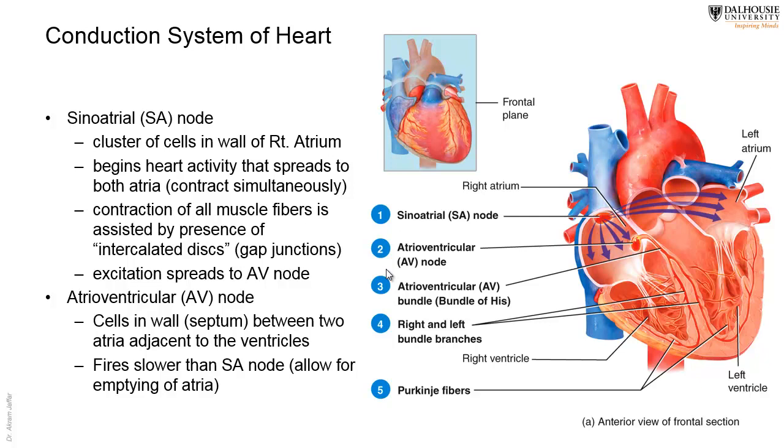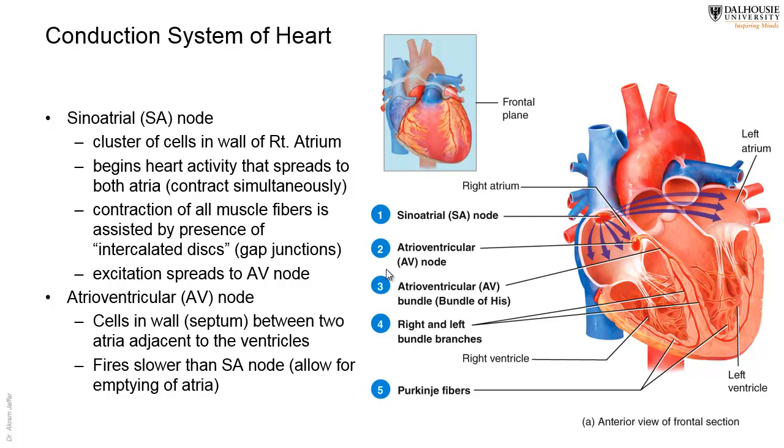it fires electrical impulses at a certain rate, and it's controlled by autonomic nerve fibers, but it has its own rate of triggering. So it triggers electrical impulses, and these impulses are going to be distributed in the atria. They propagate in the atria, and the atria will contract at this rate. So this SA node is also called the pacemaker of the heart, because it creates the pace of contraction of